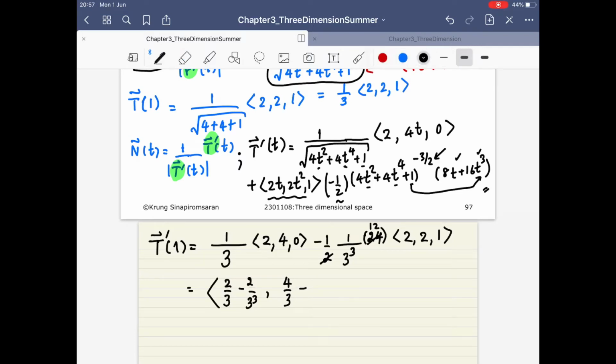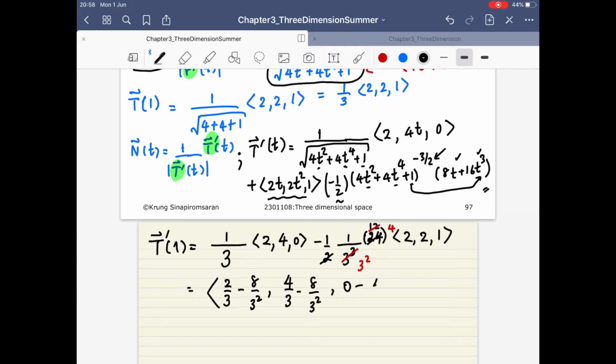Oh, we can cancel a little bit more. Okay, so this 3, okay, this is 4, is it? So what you end up with, the first one is 2/3, the second one that you need to subtract is actually 8/3 square. Okay, and then for the second component you got 4/3 and 8/3 square, and the last component you got 0